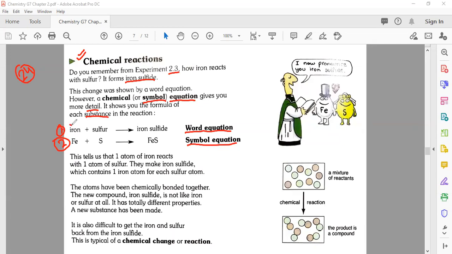So look here, this iron, its symbol is Fe, that is sulfur, its symbol S, and then we get the product, which we call iron sulfide. It means we have two reactants here. These are your reactants, and here we have our product, that is iron sulfide. Understand? So till here, if you have any question, please raise your hand, otherwise type no.